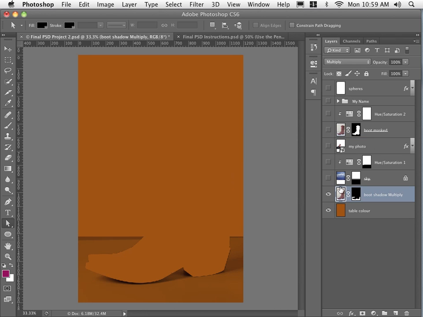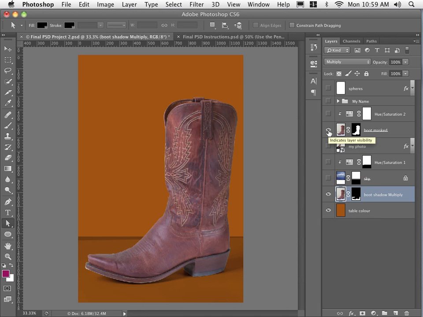So using a multiply mode on the second boot layer, the boot shadow, I called it boot shadow multiply, it actually pushes the tones down onto the color below, down onto the layer below. So let me turn on the boot again. So I've isolated the boot, I've isolated the area around the boot, and using layer masks we achieved a colorized background. Now one layer up from the boot background is the sky,